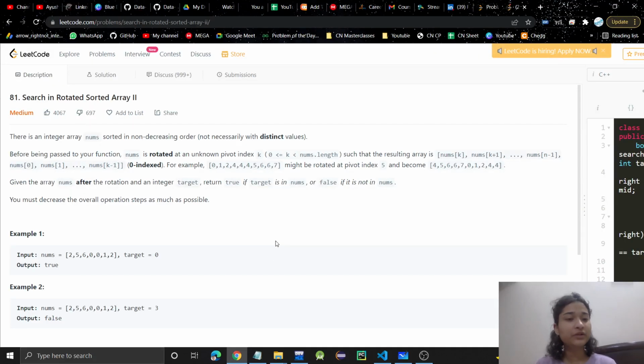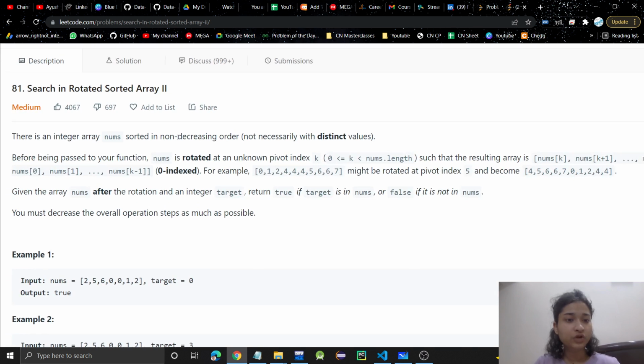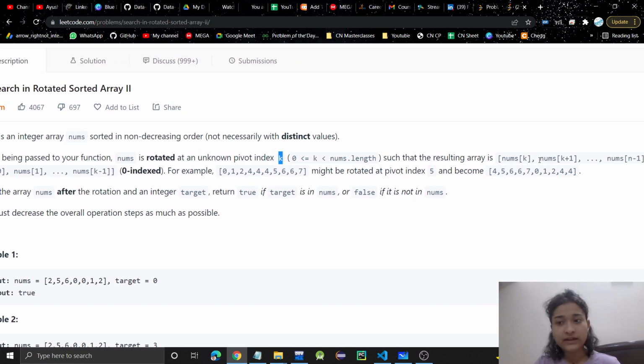So today we are going to discuss another problem. The problem is Search in Rotated Sorted Array 2. So let's see what the problem is. There is an integer array nums sorted in non-decreasing order, meaning it's sorted in ascending order. Before being passed to your function, nums is rotated at an unknown pivot index k, such that the resulting array